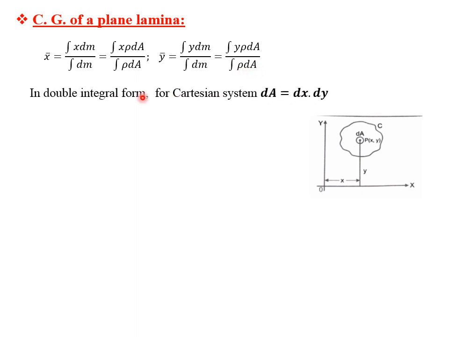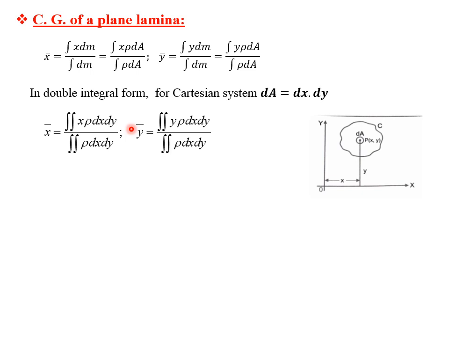Okay. In a double integral form, as you know, we have already studied, for a Cartesian coordinate system, dA is equal to dx dy. So when we convert this formula in terms of a double integration, x bar is equal to double integration x rho dx dy upon double integration rho dx dy. This is the formula for x bar. Similarly, we get y bar is equal to double integration y rho dx dy upon double integration